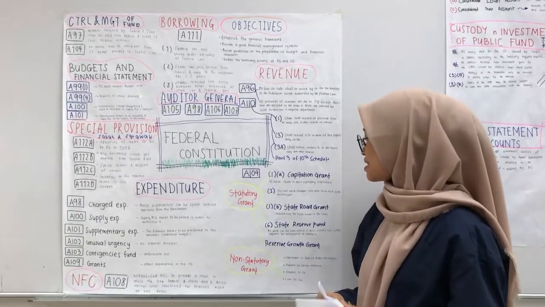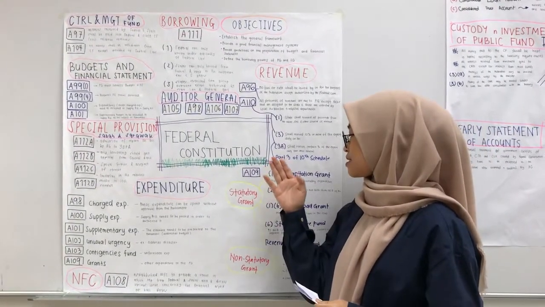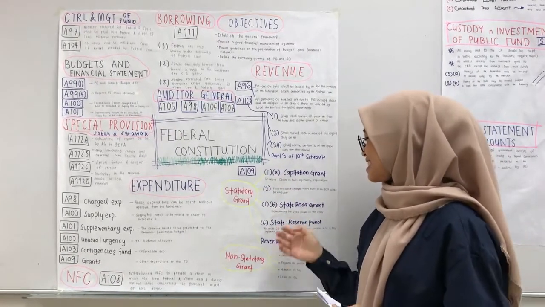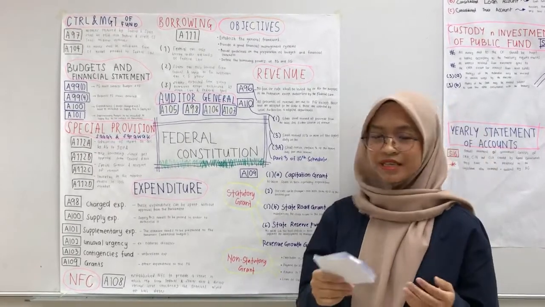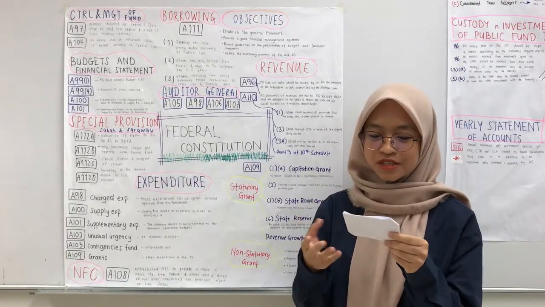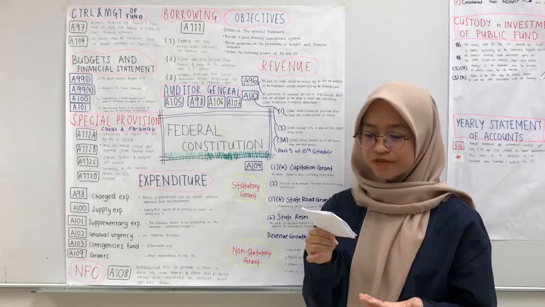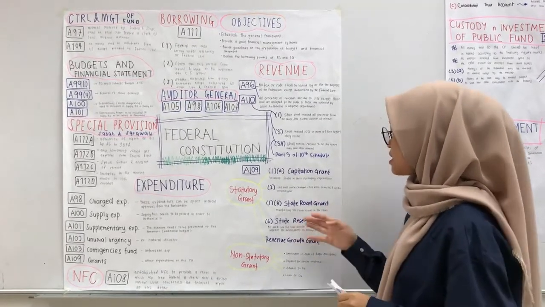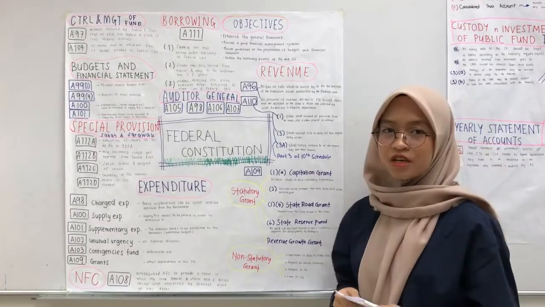And the next grant is the state road grant, which is provided under subsection 1 subsection B. The purpose of this grant is to maintain the state roads in the state. State roads mean any public road other than a federal road that the public has access to, and the maintenance of the state road. And the third grant is the state reserve fund, which is provided under Article 109 subsection 6,